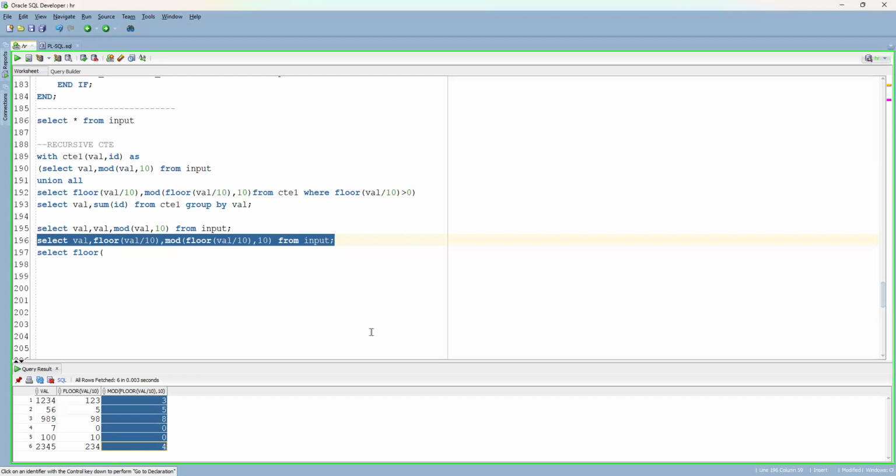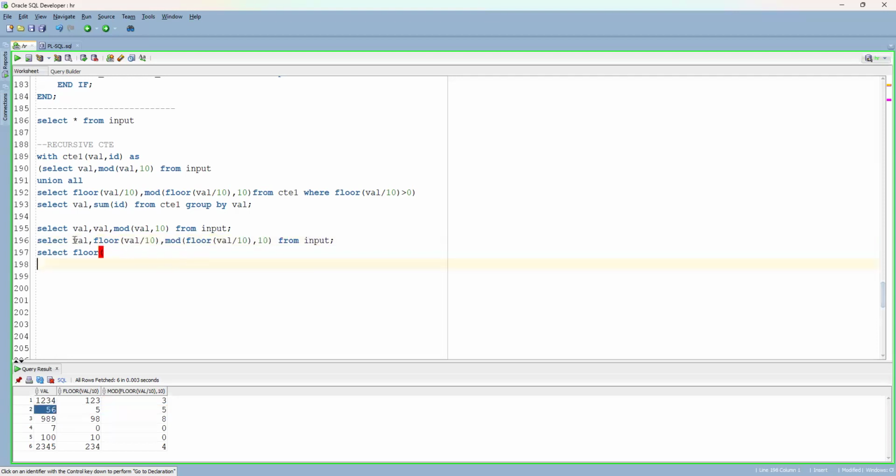Tens place in the value column. Are these not the 10th place digit in these values? Yes. 3 is present at which place here? 10th place. 5 is present at which place? 10th place. So actually, what all I have done so far, I taught you